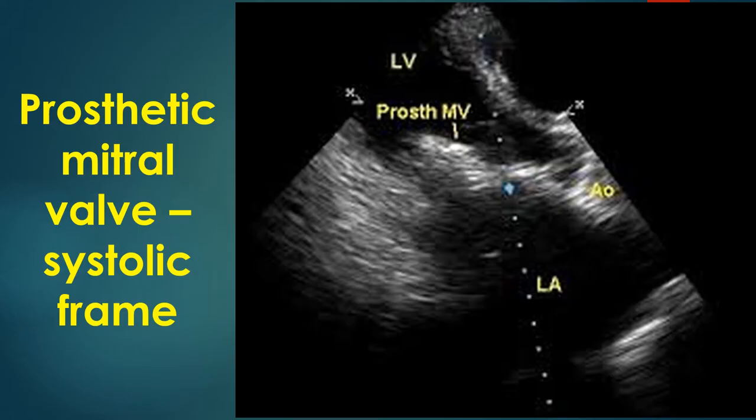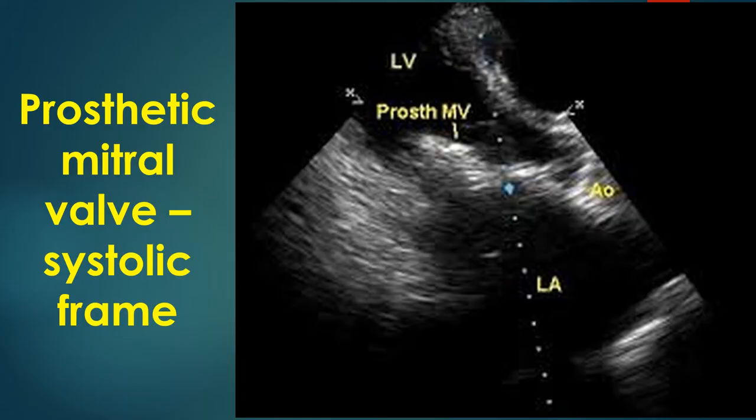Echocardiogram of a prosthetic mitral valve in parasternal long axis view, showing the valve in the closed position and the aortic valve in the open position. The metallic component of the prosthetic valve produces dense echoes. The left atrium is dilated, possibly a sequela of the old lesion for which the mitral valve was replaced. The aorta is relatively small and the left ventricle is of normal size, indicating that the lesion could have been mitral